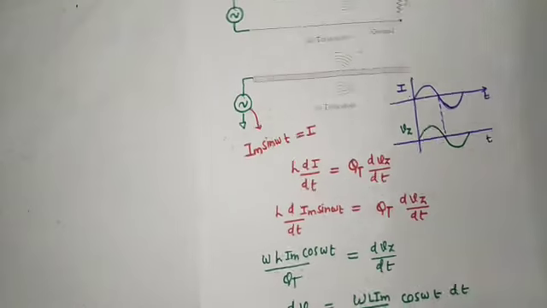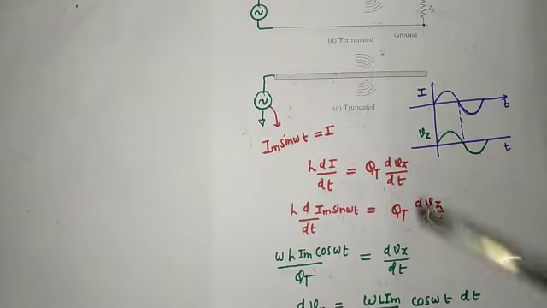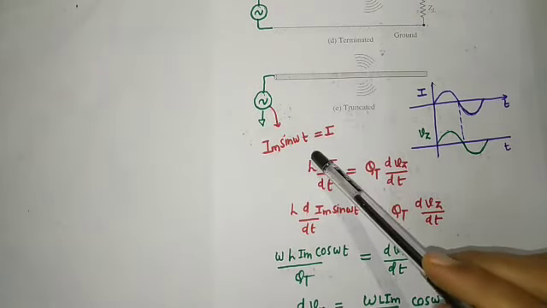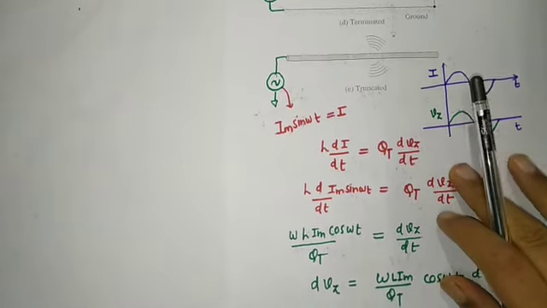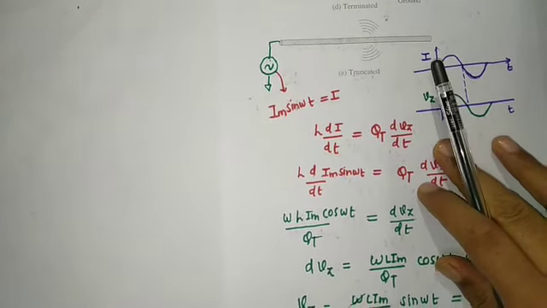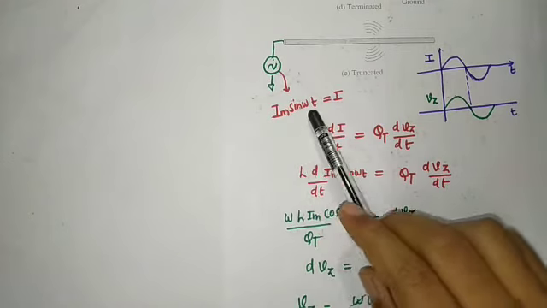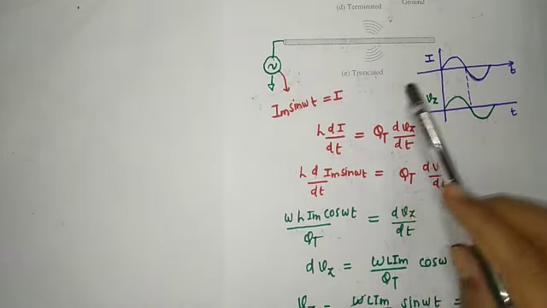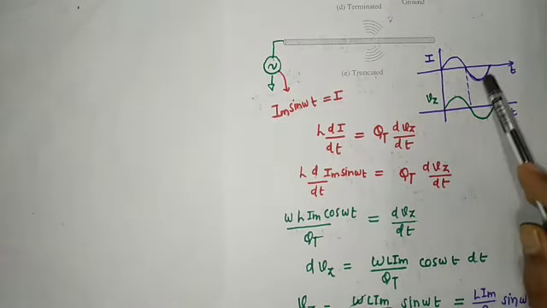Okay, so there is a conductor, and in this conductor we have applied a sinusoidal current. The equation of the sinusoidal current is I = Im sin omega t. Can you draw the profile of this current? Yes, it looks like that.